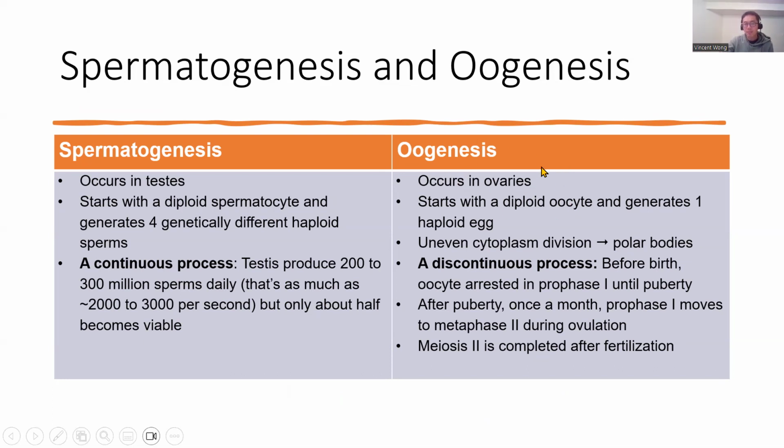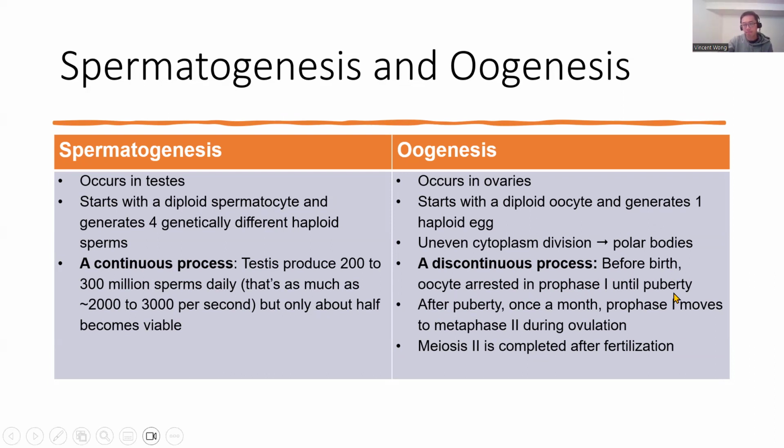It happens in the ovaries, but in female, the person is actually born with all the eggs that they're going to have in their entire life. So it's a discontinuous process. Before birth, the oocytes already began the process of meiosis, but they stop in prophase 1. There's crossing over and stuff like that, but it suspends in that state until